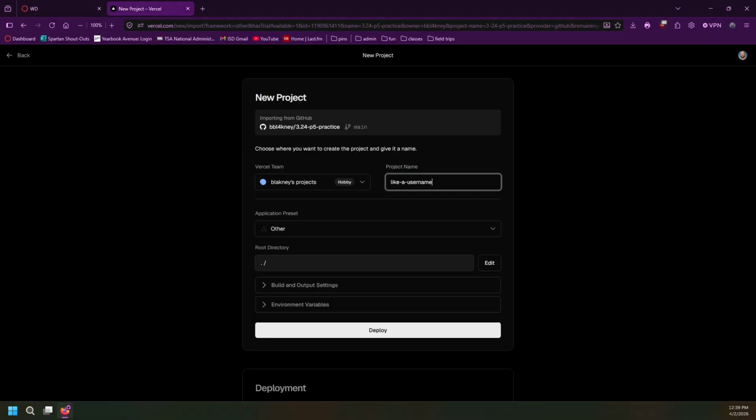Because this is the same example I gave to fourth period, it's not going to like it if I have two Vercels with the same domain, so I'm going to put like a username 2. Actually, I'm going to put like a spam username. Okay, so we're going to leave the application preset set to other. Later that will turn into Next.js, because you can see there's a lot of different